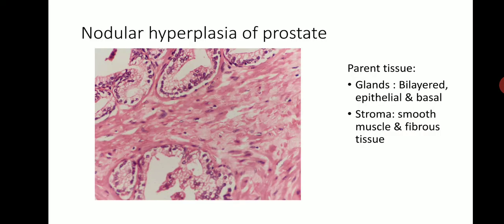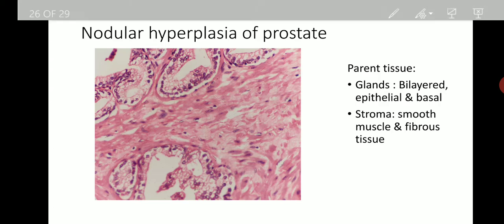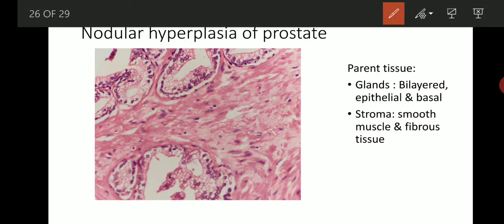Next we'll look at two slides pertaining to the male genital system. The first of them is the nodular hyperplasia of prostate. This has been discussed in detail in the theory lectures. Here you will be provided the slides and you are supposed to identify the parent tissue as well as the pathology. The parent tissue is identified as prostate here due to the